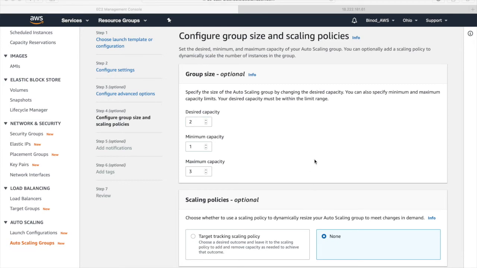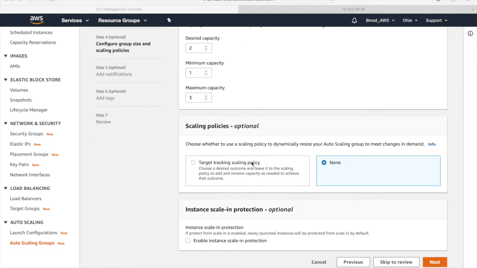Minimum and maximum mean that at any point of time the number of instances should not be more than the maximum, and at any point of time should not go below the minimum capacity. Desired will be in between the minimum and maximum. So depending upon the requirement, they will create the machine instances, but that desired number should always be in between the maximum and minimum. Now this is an important concept.